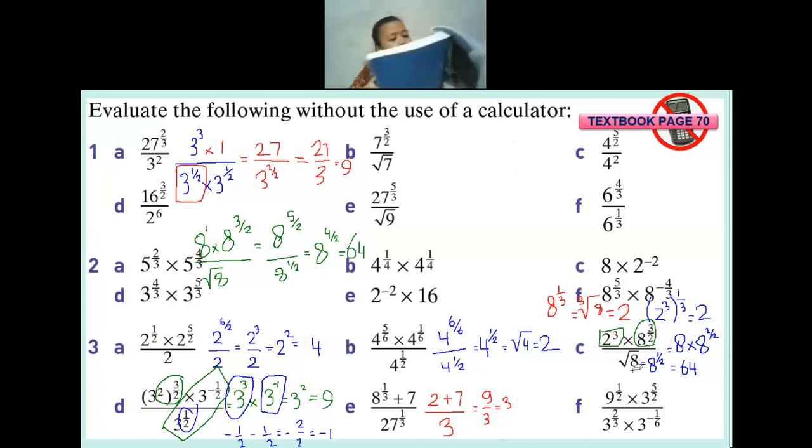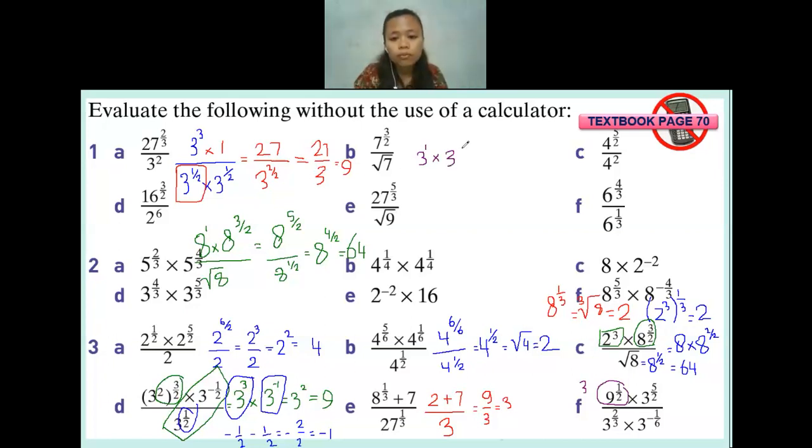Okay then. I have another space in here, at the question F. In here, we have 9 to the power of a half times 3 to the power of 5 per 2 times 3 to the power of 2 per 3 times 3 to the power of 1 per 6. As you can see, most of the number are given in the base 3. So it will be better if you change all of them into base 3. Like 9 to the power of a half, you can change it into 3, because 9 to the power of a half, it will be the same thing as square root of 9. Square root of 9, it will be equals to 3.